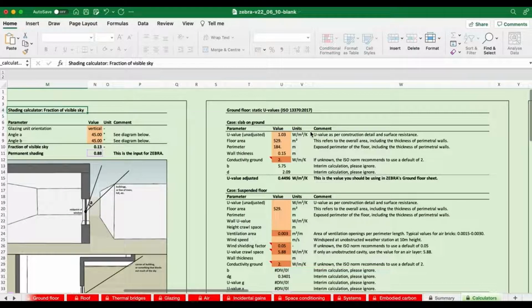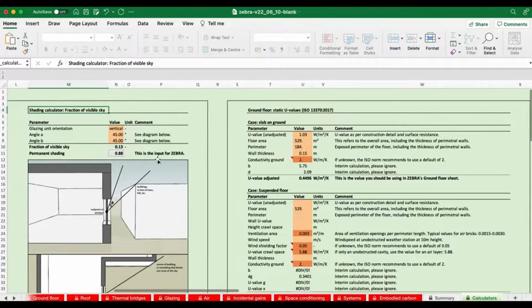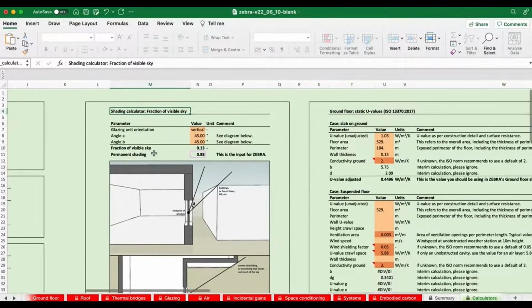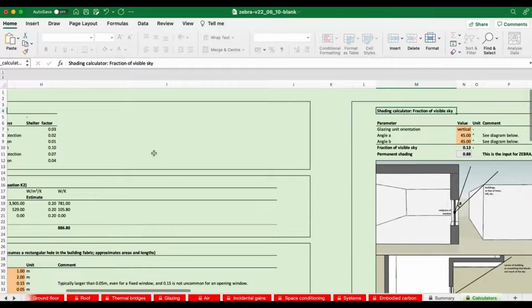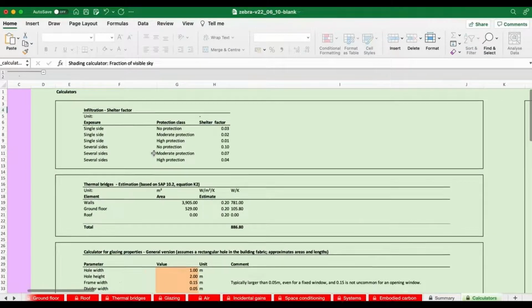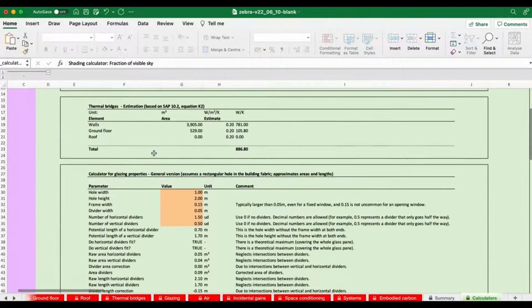So you can just click on those and you jump over to the correct part of the table, which is over here, our shading calculator and our glazing calculator, which are all tables that we need for the glazing spreadsheet.